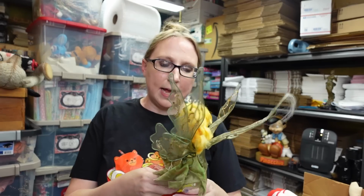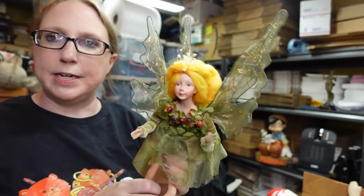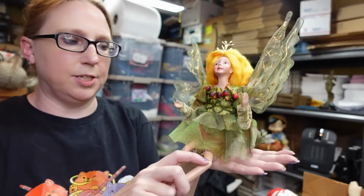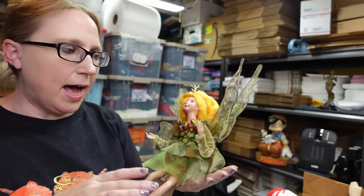$29.99. I had quite a few different versions of these little fairy dolls. This one is a green one, and she's actually like a shelf sitter because her bottom is flat, so you can sit her on a shelf like so. This here I have listed as a buy it now for